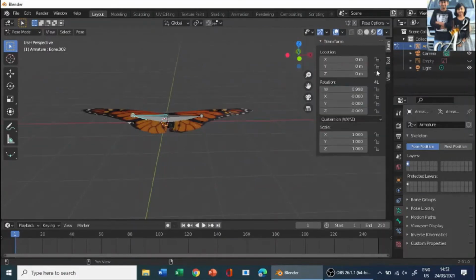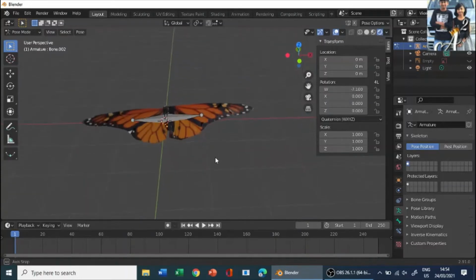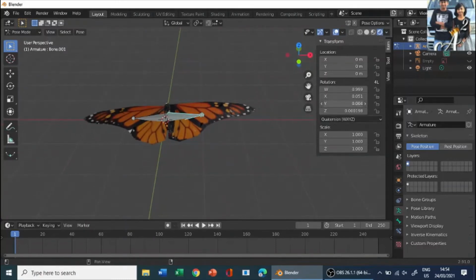Let's go to item, and now just make everything 0, not the W, just make the W some value, and X 0, Y 0, Z 0. And same for this wing, this bone, 0, 0, and Y 0.